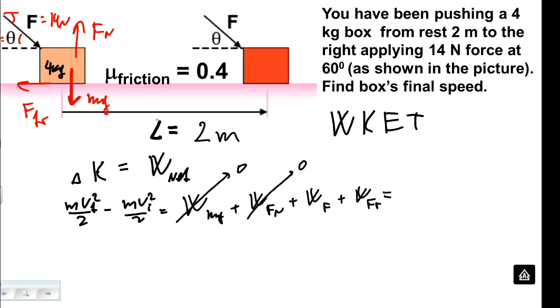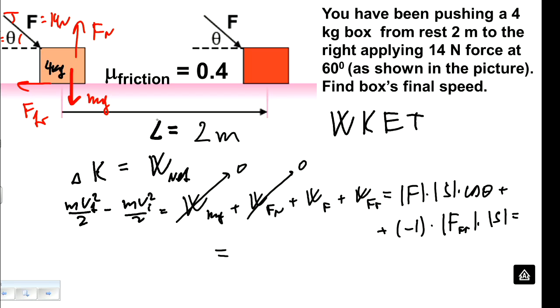Now, work done by applied force. It's a constant force. We can apply equation, magnitude of a force, magnitude of the displacement, cosine of the angle, and work done by friction. We know it's negative. That's cosine of 180 times, well, let's write friction times displacement. So what does this give us? 14 times 2 times, well, again, we need to see